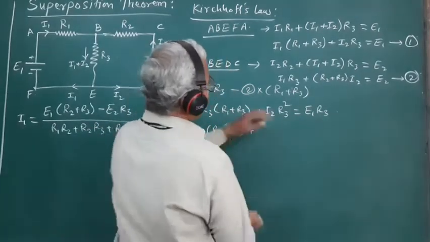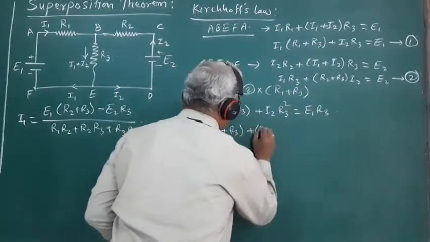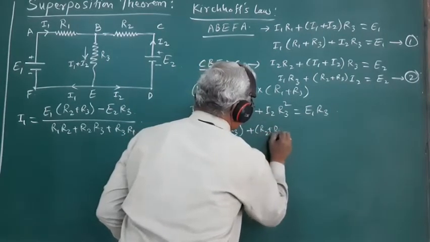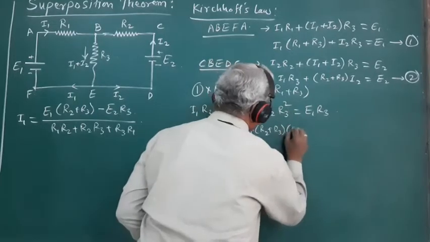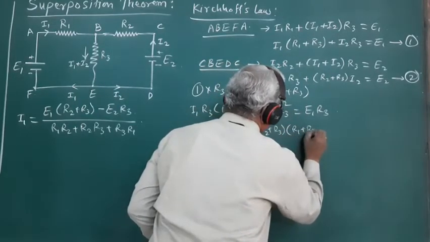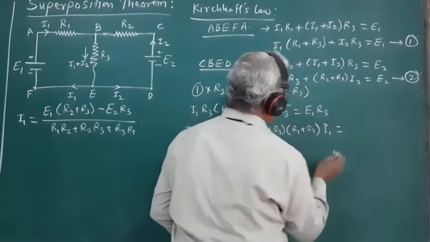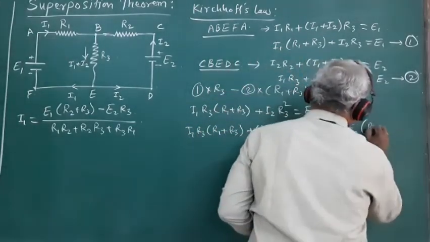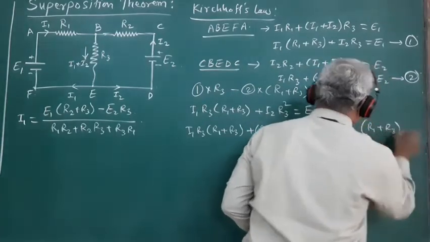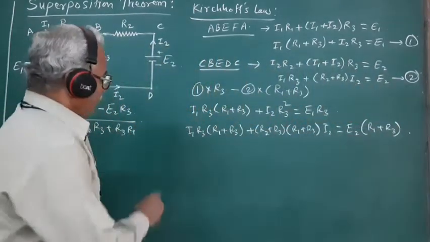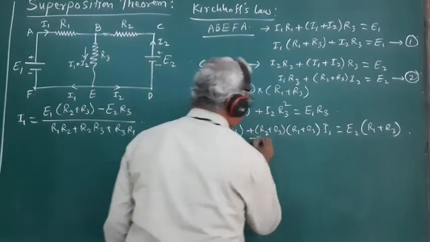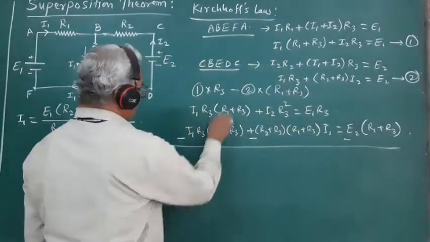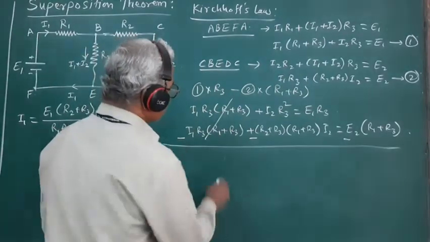plus R2 R3 plus into R1 plus R3 into I2 is equal to E2 into bracket R1 plus R3. And taking the subtraction, we get this term will get cancelled. So it is